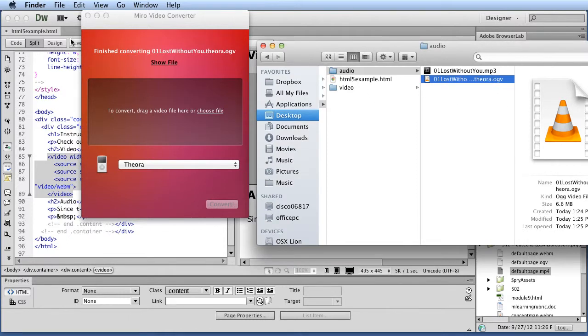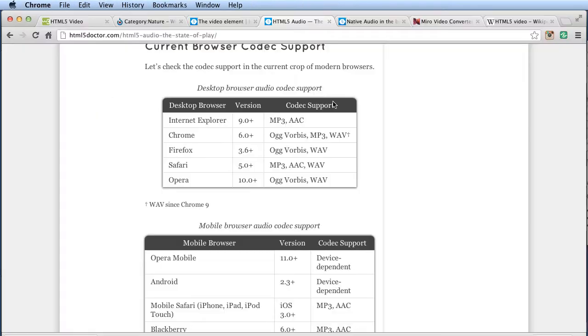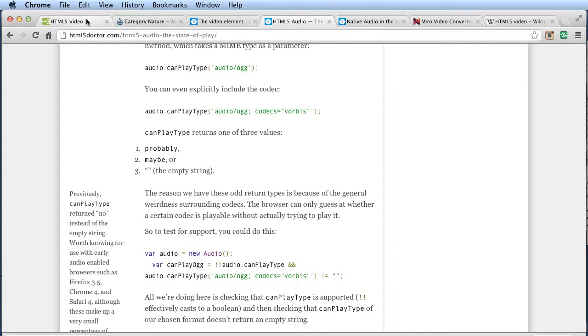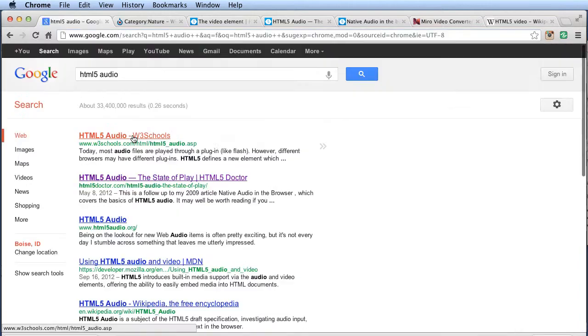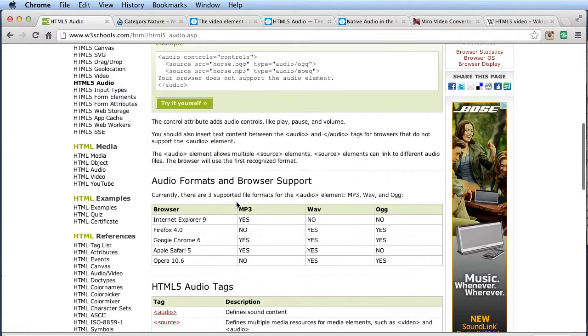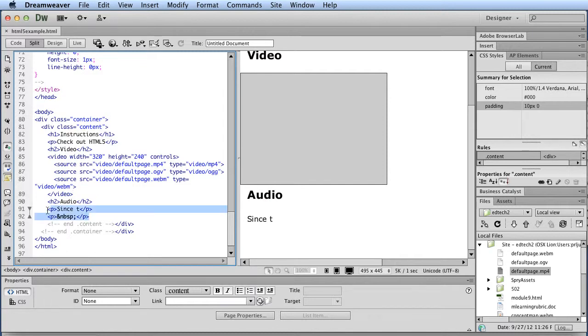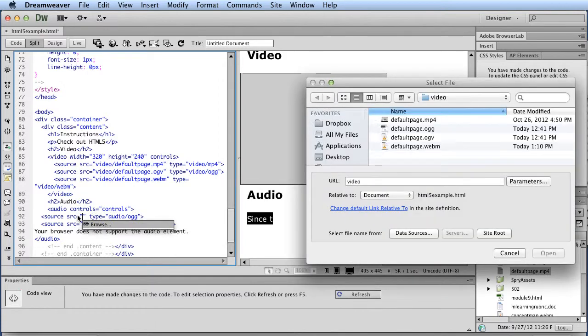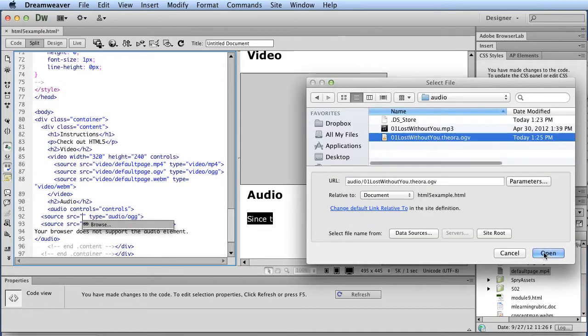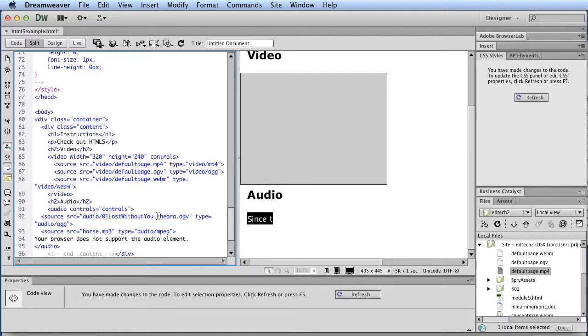In this case, I'm going to close Miro and go back, and you can find different places, just like with HTML5 video. If you just Google HTML5 audio, you'll find places like this that will outline the basic code that you need. So I'm going to take that and go into Dreamweaver, and right down here I'm going to paste that in. In this case, I need to get rid of this and change the source. Go to my audio and click on that. Sometimes, as I did before, I might rename this and shorten this up, but it works fine for this demonstration. Hit browse,